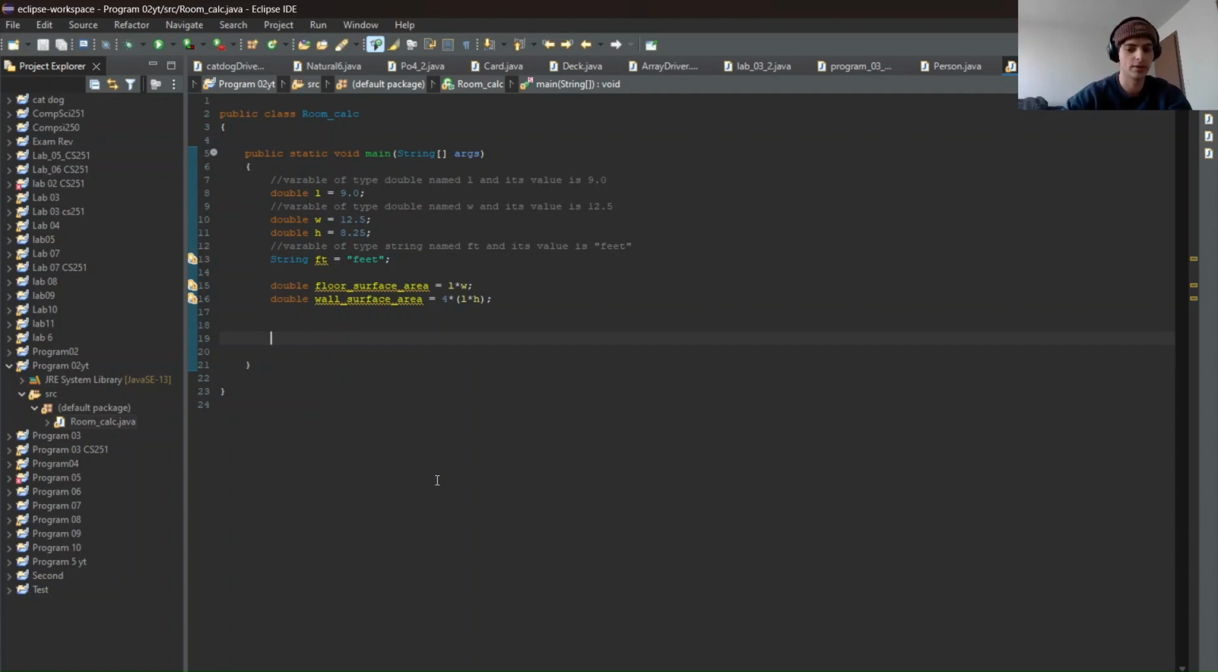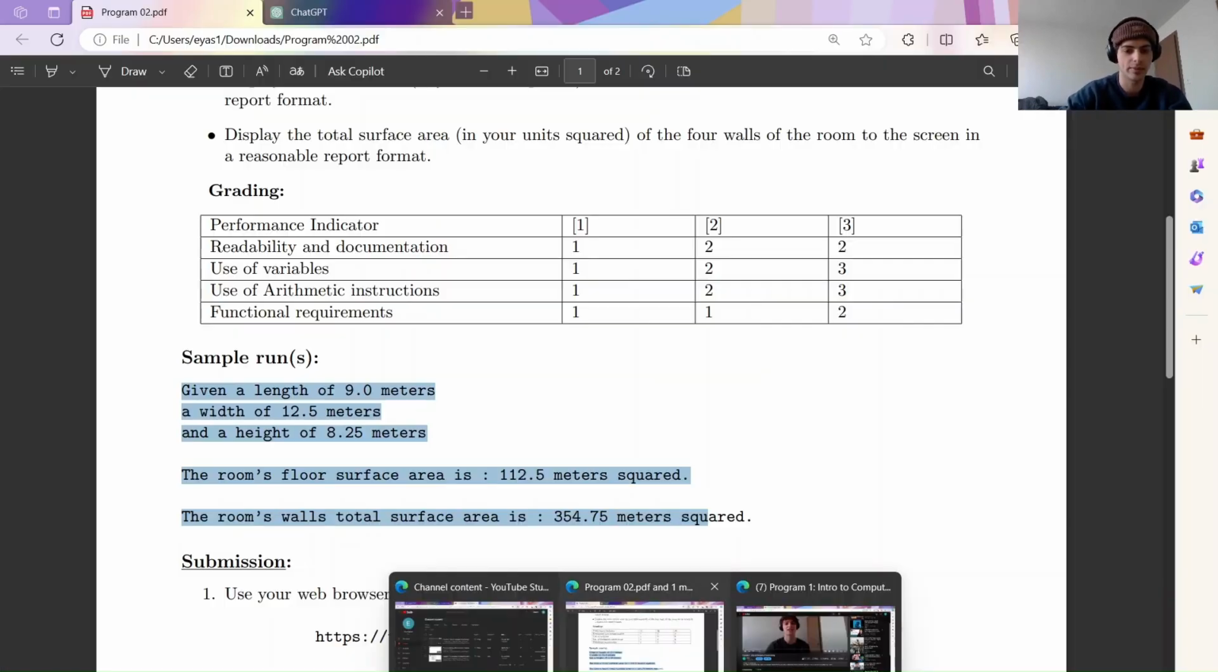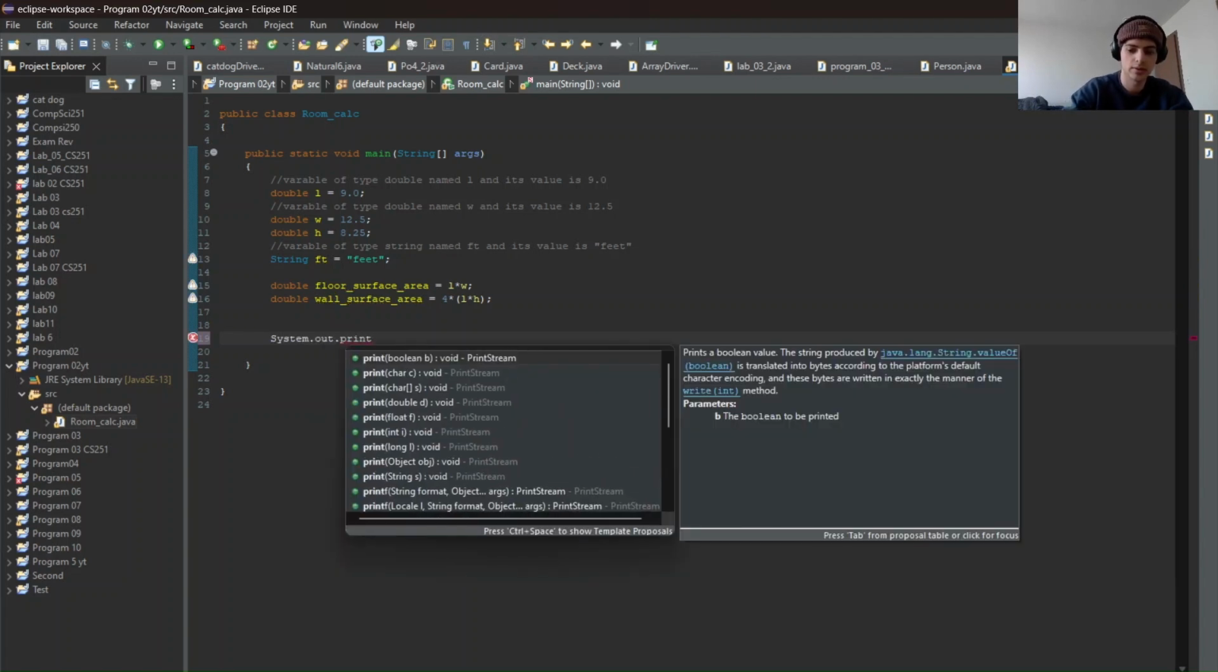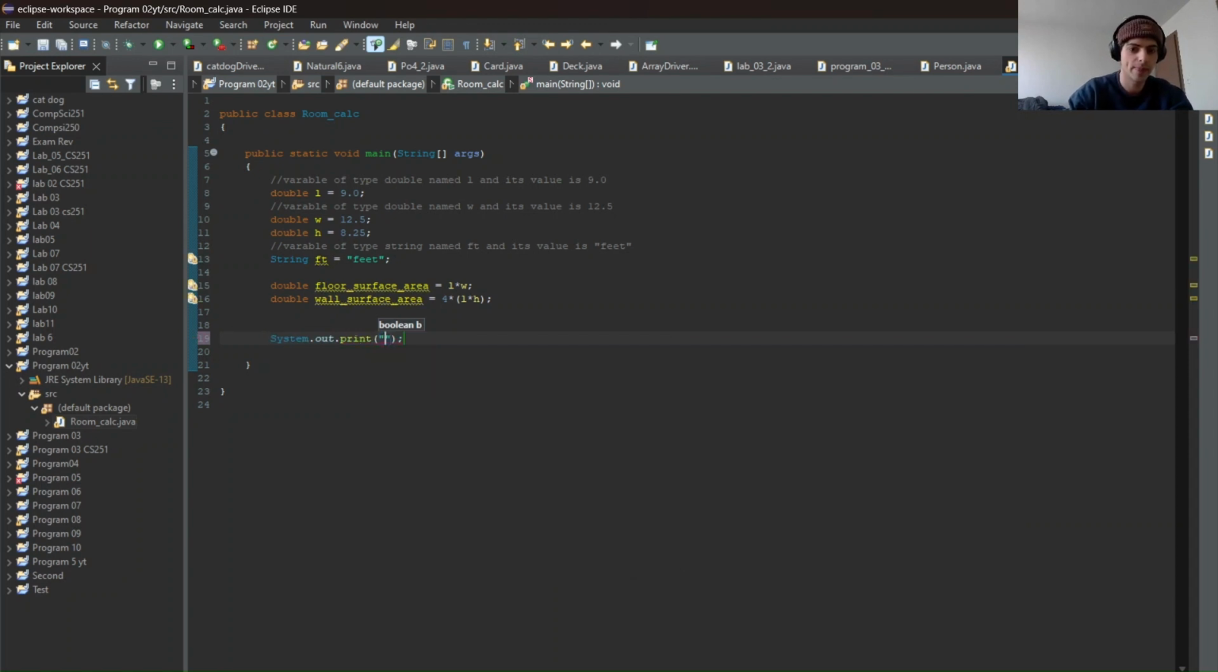So the first thing we can do is we'll try to replicate the given a length of 9.0 meters requirement. So we'll do system.out.print. Then we'll use our parentheses and our quotation marks. We'll say given a length of, and then we're going to do something like this. We're going to end this quotation, do a plus, and then throw in L, another plus,